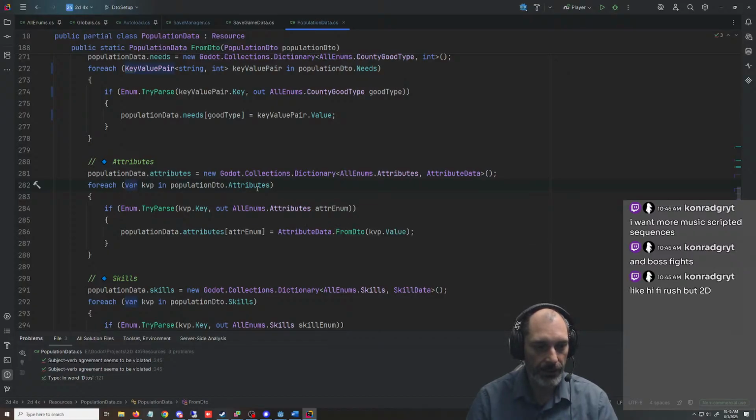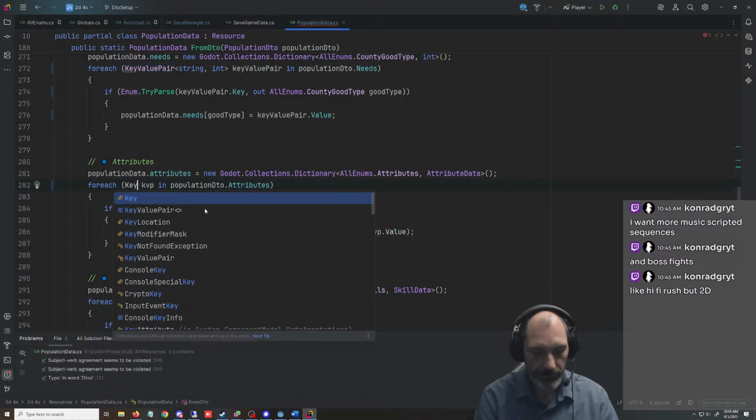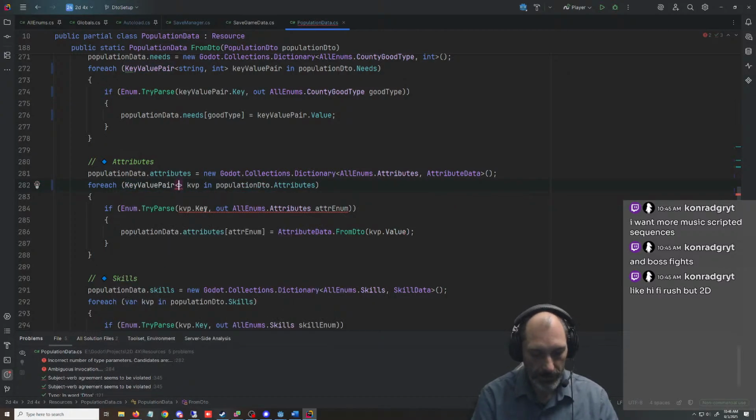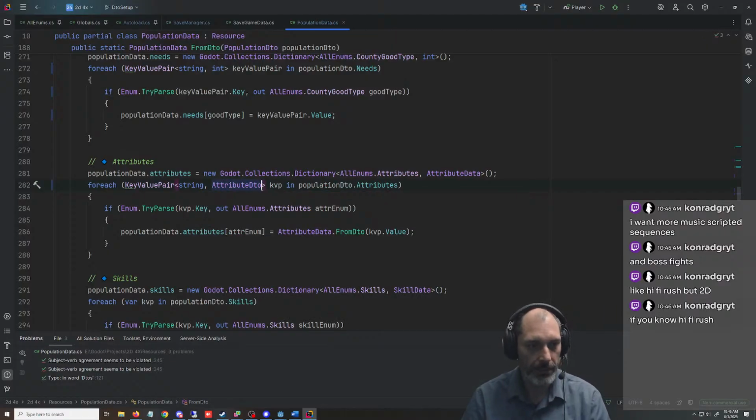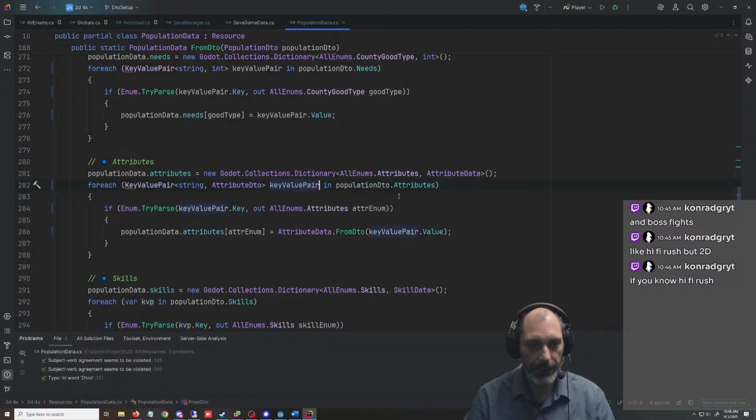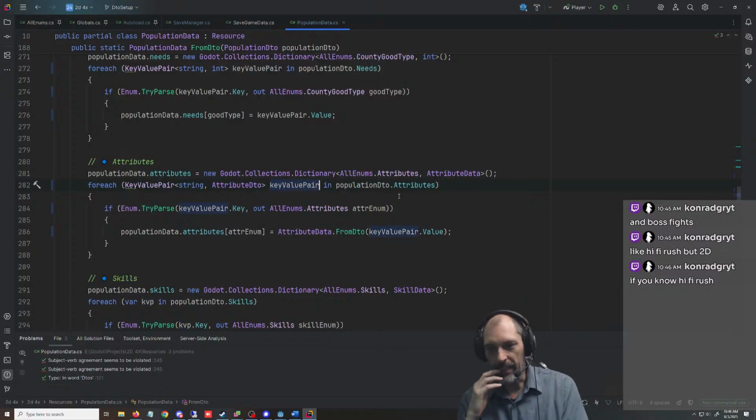And was it string and attribute DTO? Like it knows what this is. Why can't it auto-populate this crap? It still needs another year of work, but I still